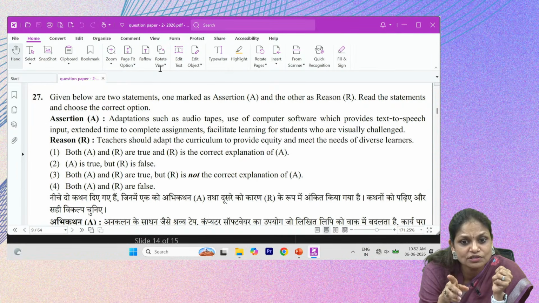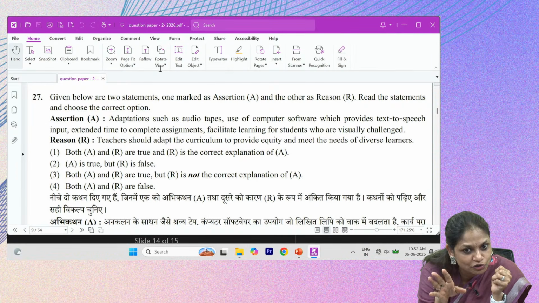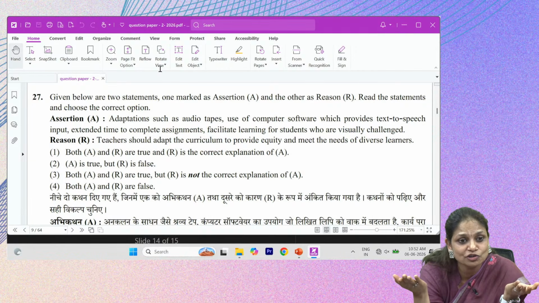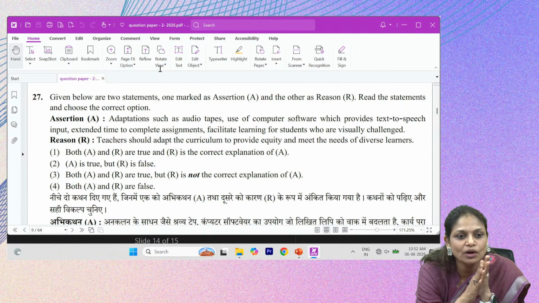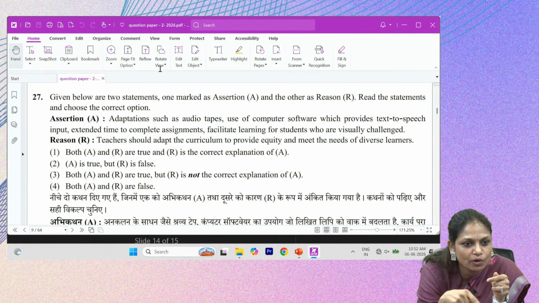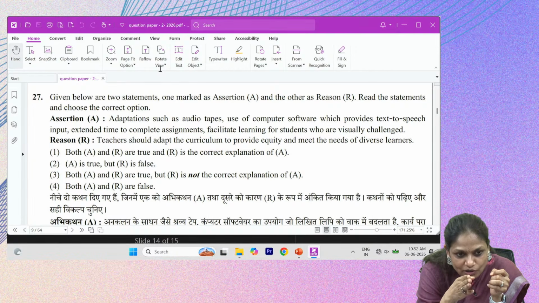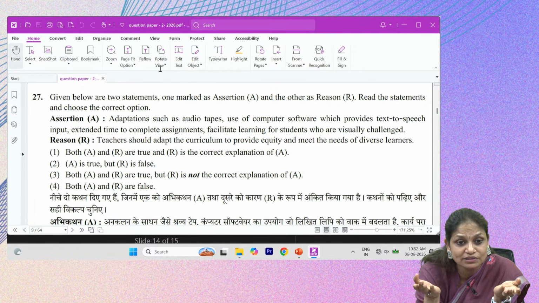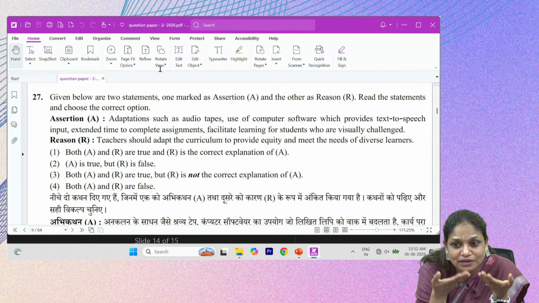तो जब आप ये क्वेश्चन देखते हो तो इसके अंदर देखो फर्स्ट ऑप्शन देखो, बोथ ए एंड आर आर ट्रू एंड आर इज अ करेक्ट एक्सप्लेनेशन ऑफ ए, तो क्या करेक्ट आंसर होगा आपका, यस। तो इमिडिएटली देखो कितनी जल्दी ये वाला आपका फर्स्ट होगा, क्यों, बाकी देखो आप ए इज ट्रू बट आर इज फॉल्स, नहीं, आर फॉल्स नहीं है, आर तो रीजन है उसका, हमें इक्विटी के अकॉर्डिंगली करिकुलम देना है, हमें डाइवर्स